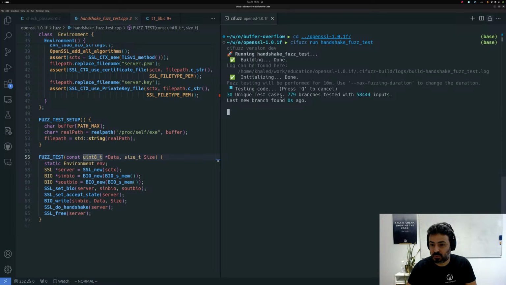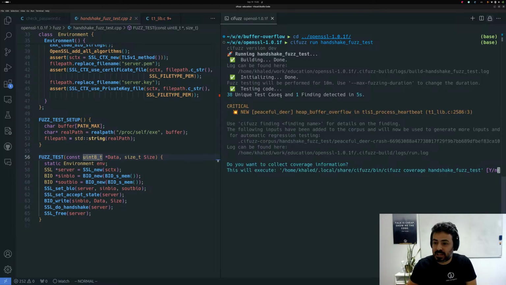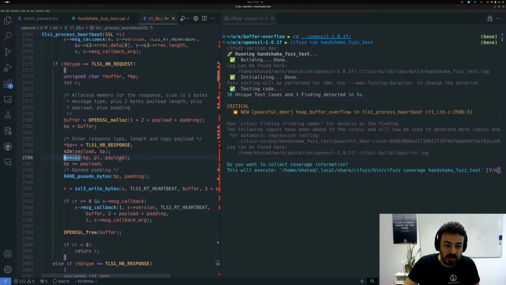Now the fuzzer starts to generate inputs that try to maximize the code coverage. And as you see here, in less than 5 seconds, we were able to trigger a heap buffer overflow in a function called TLS1 process heartbeat. This is where the name Heartbleed of the vulnerability came from. And you can go directly into this memcpy. This memcpy here caused millions of servers to be affected by this bug,